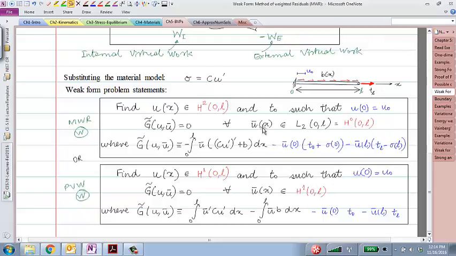Here you can see that U bar needed to be in L2 or H0. U bar needed to be in H0. But here I'm saying U bar needs to be in H1 because there is one derivative on U bar as well. So there is one derivative on real displacement and one derivative on virtual displacement. So both of them need to be in H1